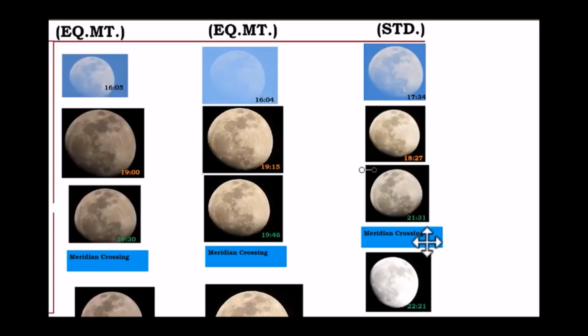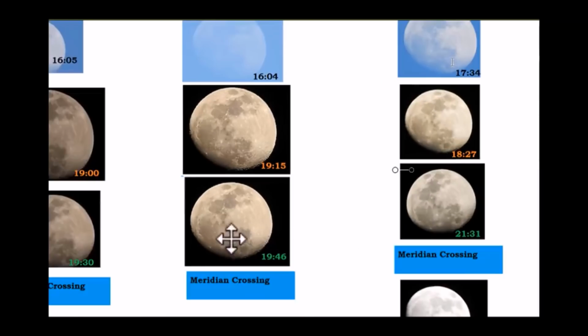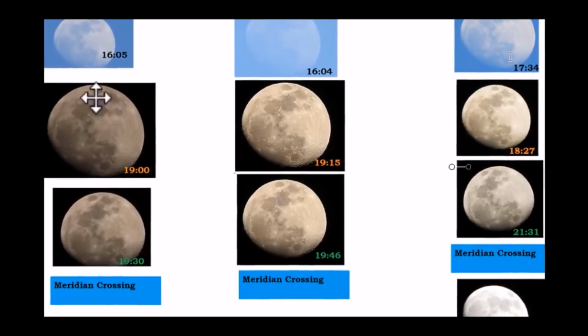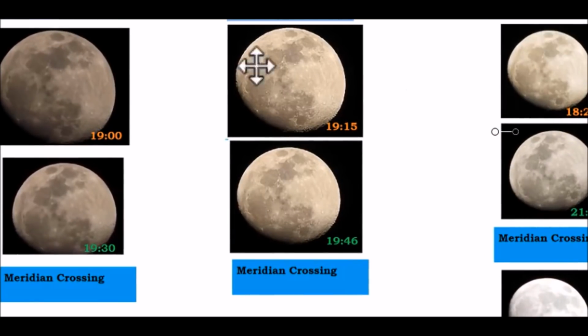So in my last video, I showed our results from our first go around with trying to find moon rotation. And I will put a card up in the upper right hand corner here so you can look at that video. Very quickly here, we had two equatorially mounted cameras, which is the our side and the other side set. If you do that, you'll get no rotation. When we had a standard camera, just set on a tripod, and I just manually used that. The bottom line there is, if I blow this up here and try to center it for you a little bit, with all three cameras, we had the Sea of Crises up here at the 12 o'clock position, and by